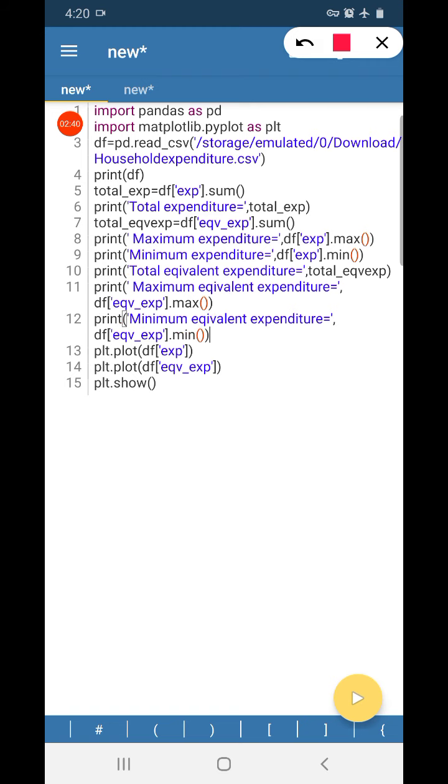It is calculated as df of eqv underscore exp, that is the column name of the data frame df dot max. Then the minimum expenditure, same as the maximum, that is instead of max we use the function min, that is df of in square bracket this column name whose minimum value is to be found out. Then we have to plot a